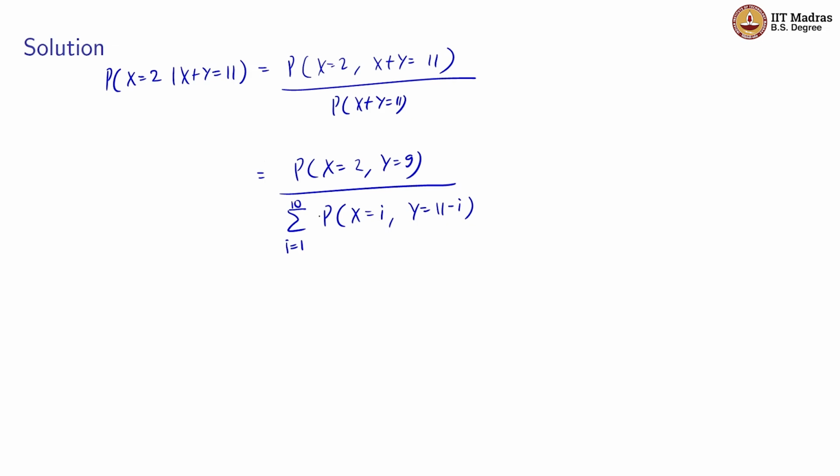x and y both are following geometric distributions. So i will start from 1 and it will go up to n minus 1, and here n is equal to 11, so it will be 10. So now as both the random variables are independent, the joint can be written as the product of marginals. So here we'll have p into,